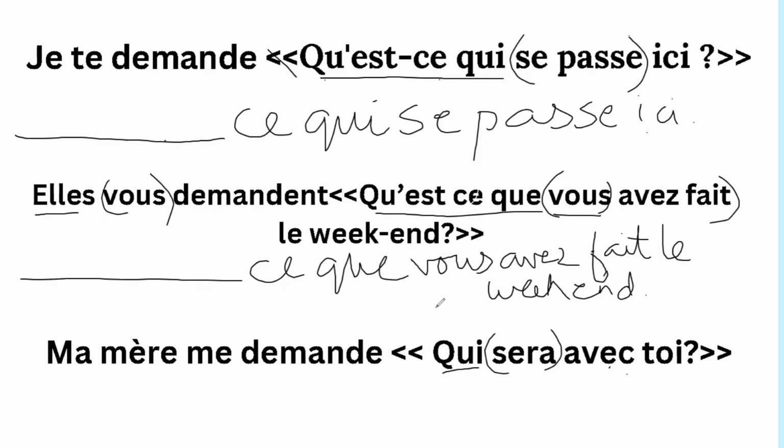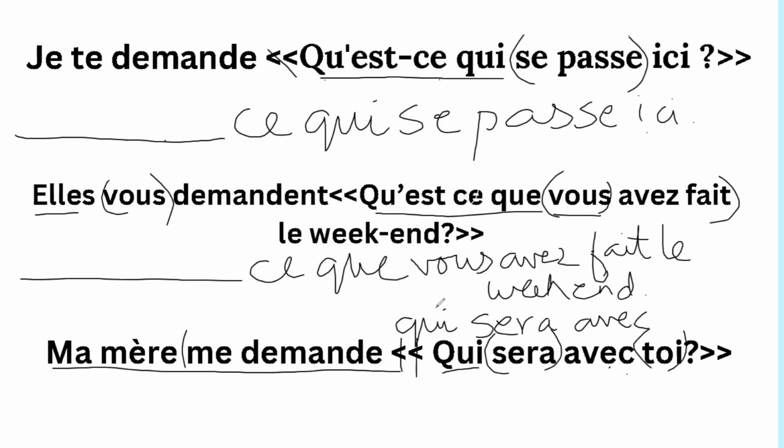Let's look at the third one here. Everything here before the dialogue again remains same, no change in this. Qui will remain qui only. Sera. With qui we always put the verb in the third person singular. Avec. Now who is this toi, the listener? The listener is moi. So with moi we have avec moi. Remove the question mark and just put a full stop. So we just saw that with these we never have any inversions. So we'll keep these things in mind.